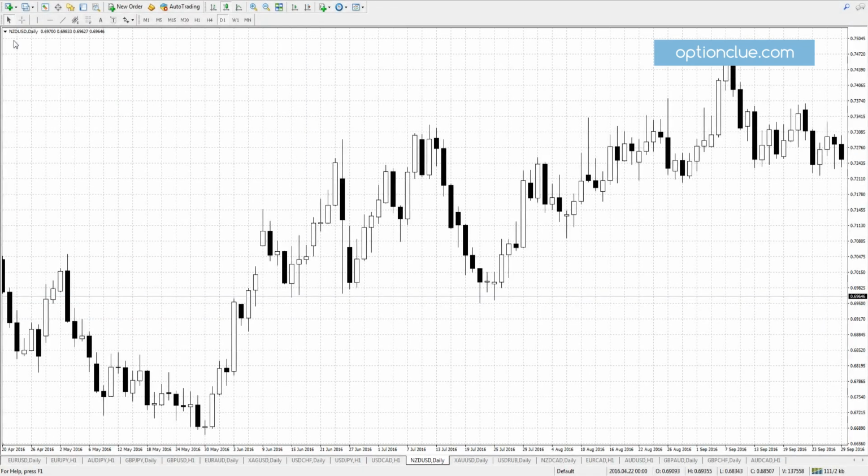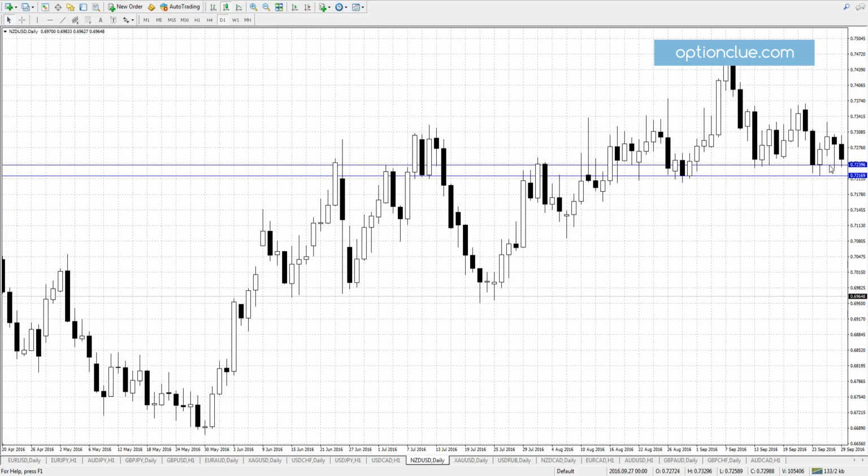Let's take one more example. Currency chart for the New Zealand dollar to the US dollar, the daily time frame. A classic support level was formed that contained 2 bear and 2 bull candles in a row. The upper border was 0.7240, the lower border was 0.7219. After the market fluctuated for a while around the support,